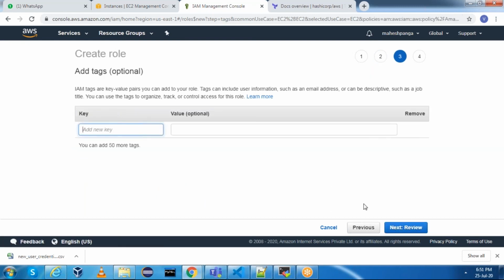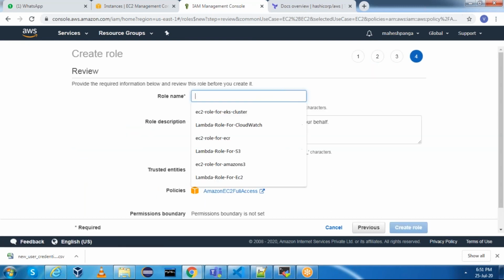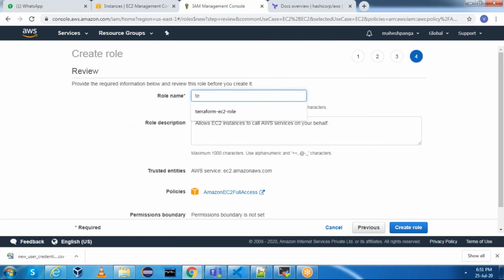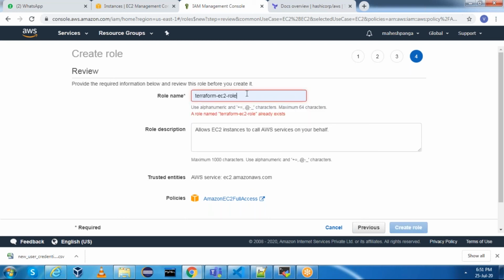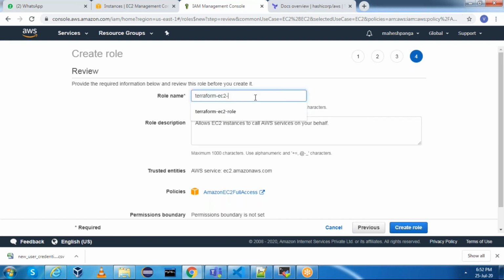And then you can say Terraform EC2 role. Okay, this role is already existing. I can say Terraform EC2 developer one role, something like this. Terraform EC2 developer one role, create role.